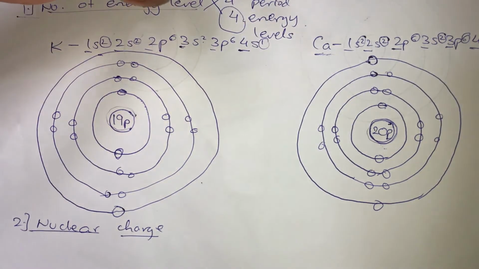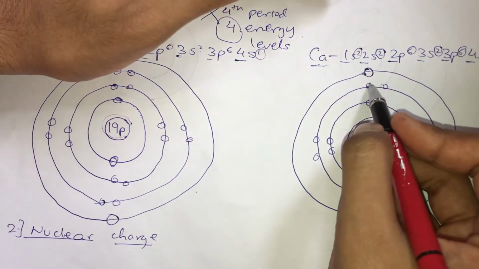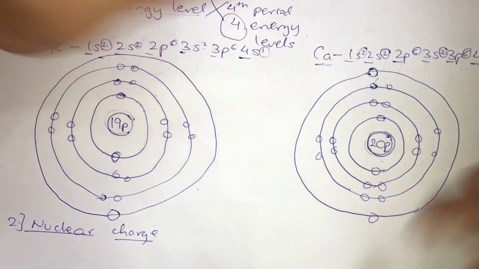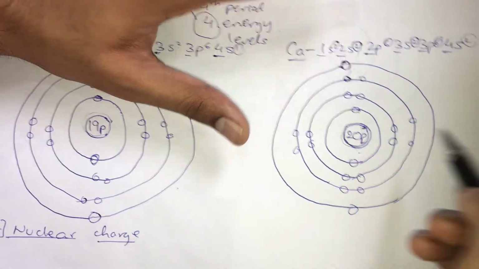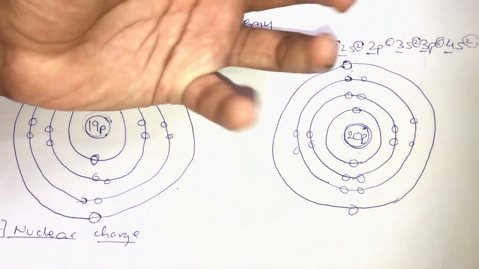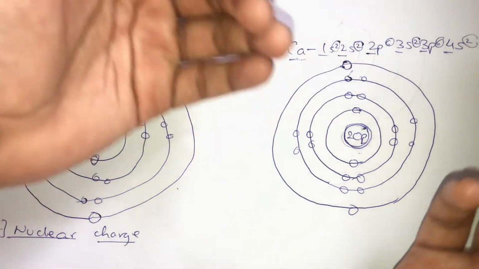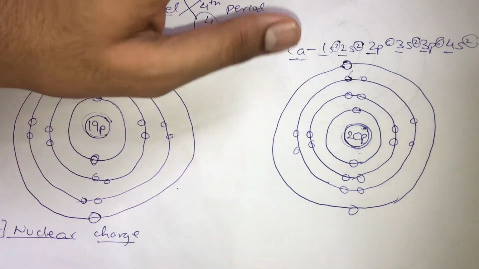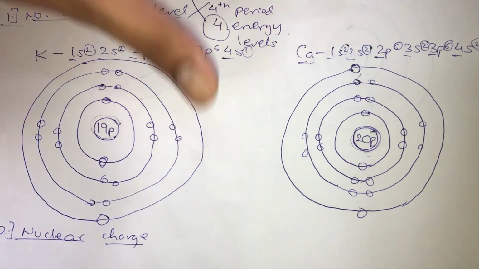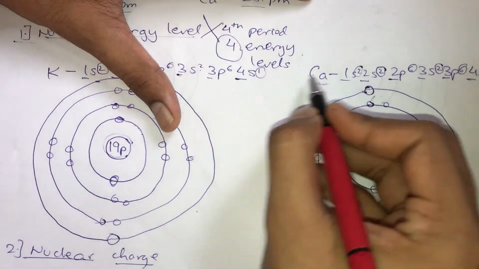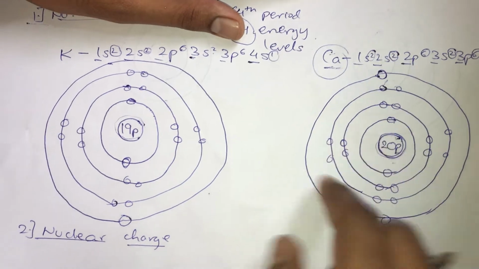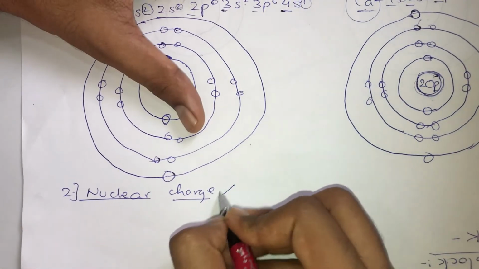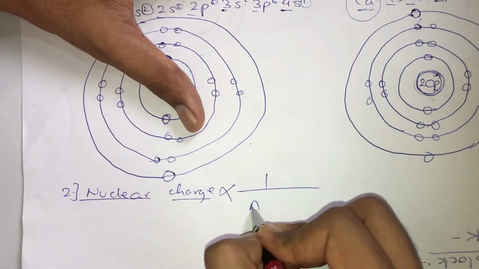the shielding effect. Shielding effect will try to repel the electrons. That is the latter part. But the nuclear charge is obviously superior. It is going to pull them somewhat closer towards itself. Am I right, guys? Done? Now, since the nuclear charge in the calcium is greater, therefore the calcium has lesser atomic radii.